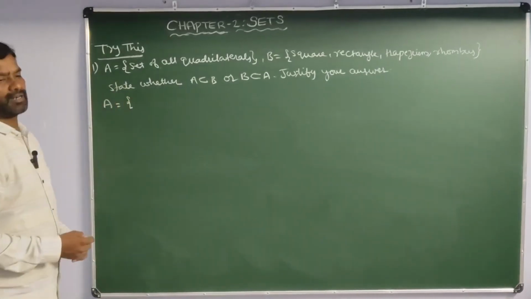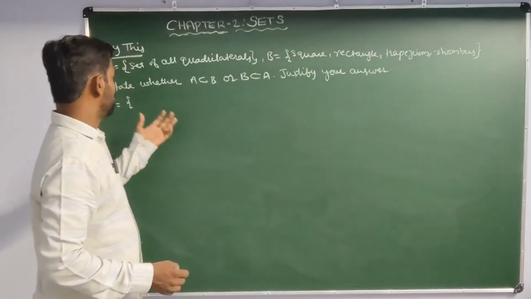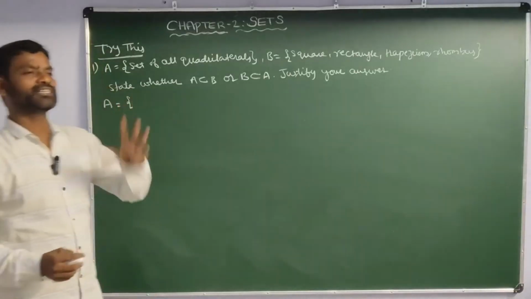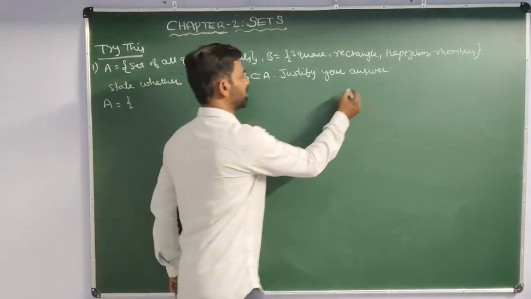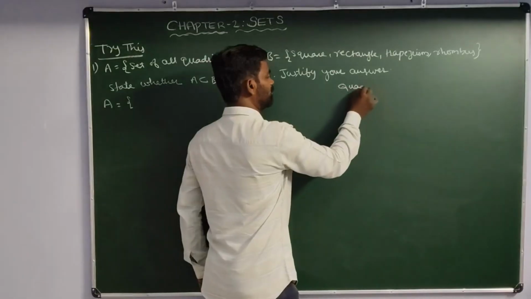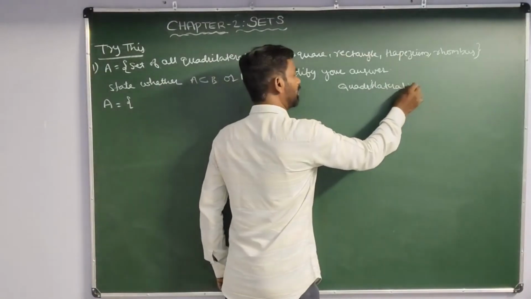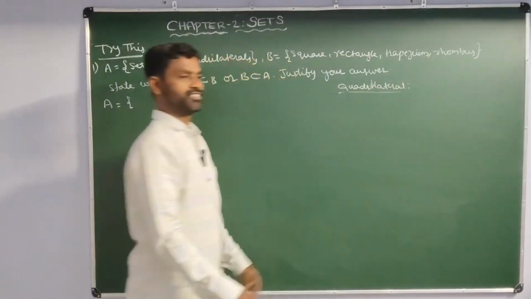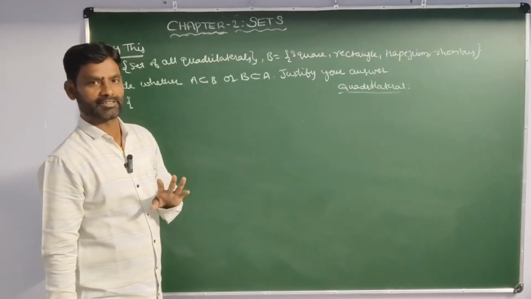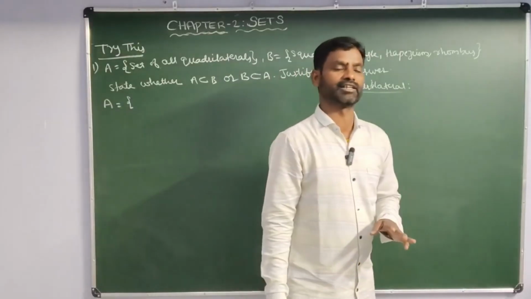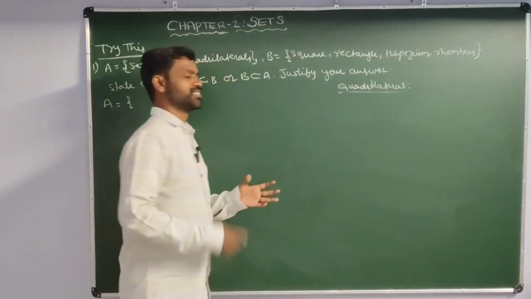Quadrilateral, the set of quadrilaterals. So before writing the elements of set A, what is meant by quadrilateral? Tell me what is meant by quadrilateral. A quadrilateral is nothing but a closed figure which has 4 sides and 4 angles, and the sum of the angles is equal to 360 degrees. For example, square,